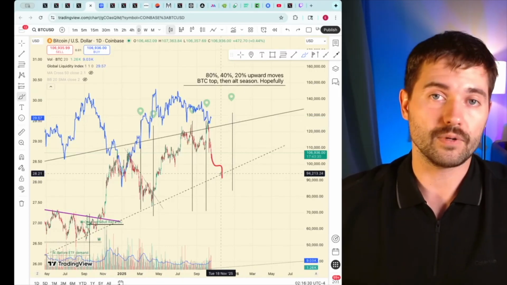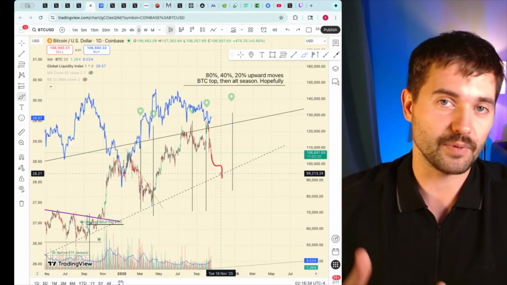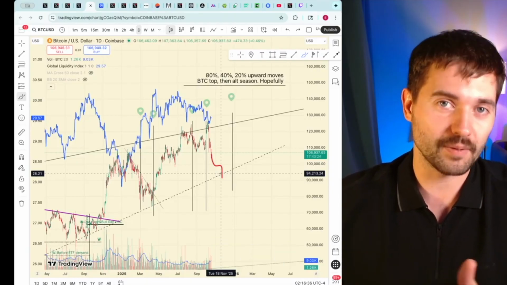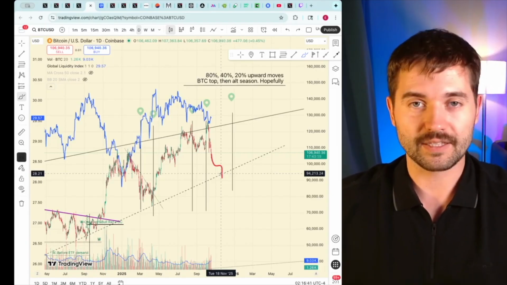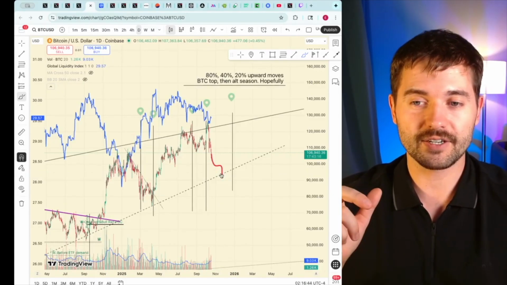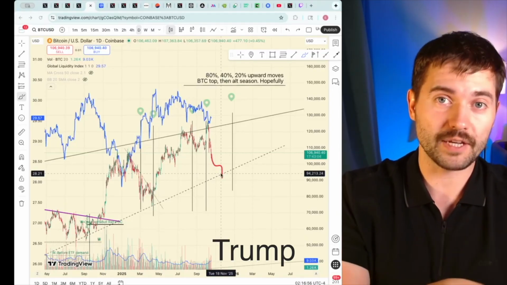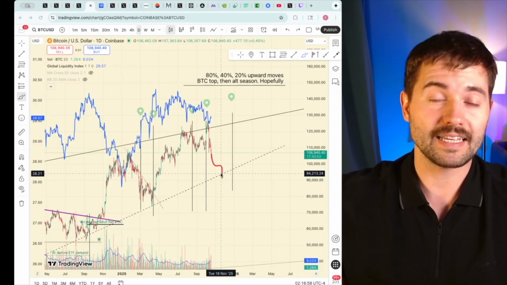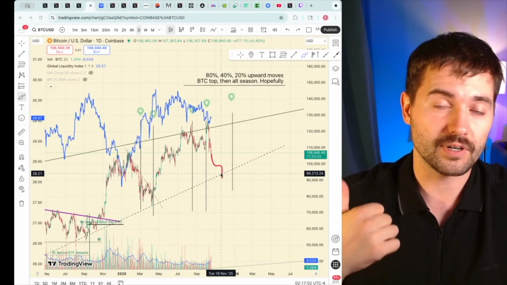Also, Jerome Powell, the main antagonist, not enemy, but I call him too late Powell. He's going to retire, guess when? May 2026. Next year, in May, Jerome Powell retires. Surprisingly, Jerome Powell was appointed in his first term, and he's gonna be electing a new appointee for chair of the Federal